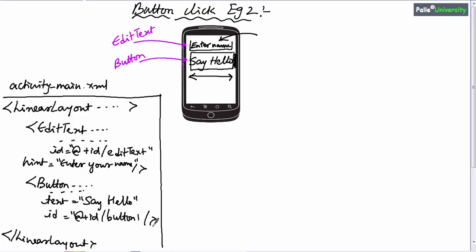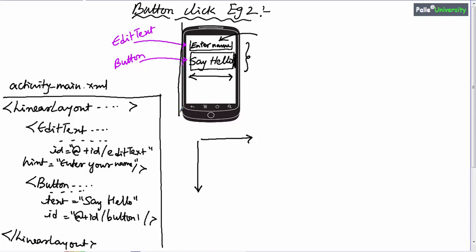Now here let me talk more about linear layout. Linear layout is a container where you can arrange elements either in the vertical fashion or horizontal fashion. Tell me, these two elements are aligned in the vertical fashion or horizontal fashion? Both elements are touching y-axis. So these two elements are aligned in the vertical fashion. Generally, linear layout will come with two orientations, horizontal and vertical.